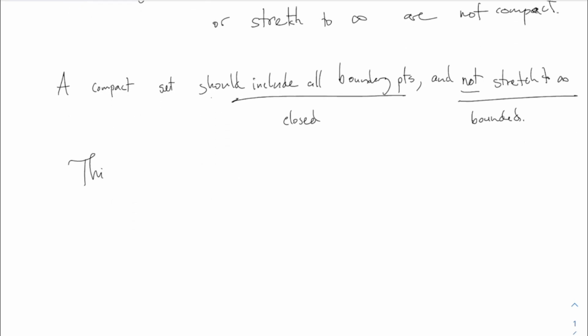So all of this, the intuition and the examples that we were doing before, works great in R, or more generally in Rn. This Heine-Borel theorem is actually true even in R2 or R3 or whatever. I'll say this all works great in Rn and similar spaces. For example, if you have a metric space, then a lot of this will work, even if it's not necessarily Rn, as long as you still have a distance. And we're going to get into that a little bit in the future. But for today, I want to talk about some other settings. What I said works great in Rn and similar spaces, but weird things can happen